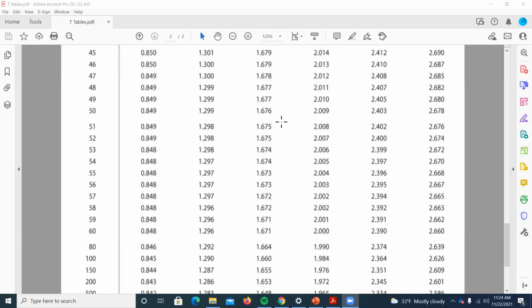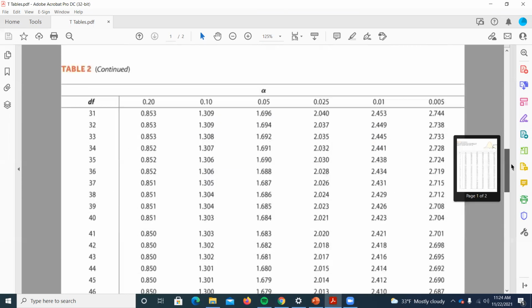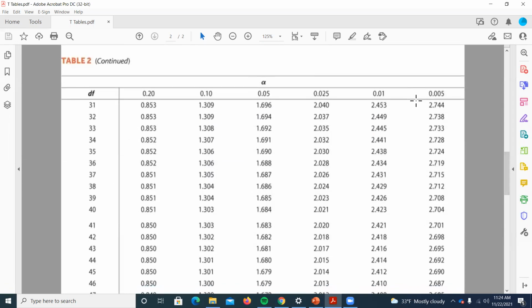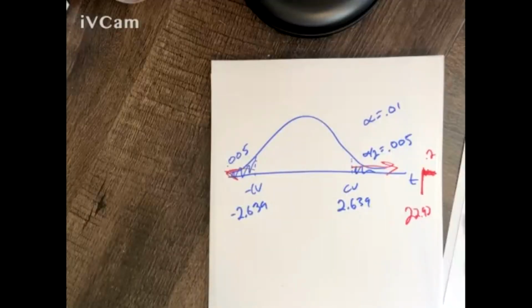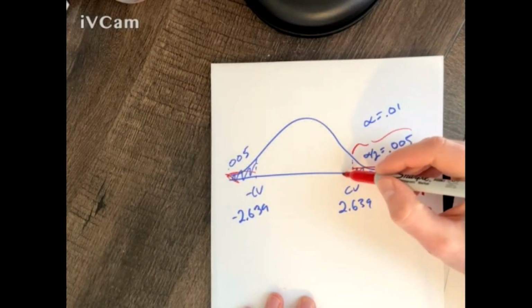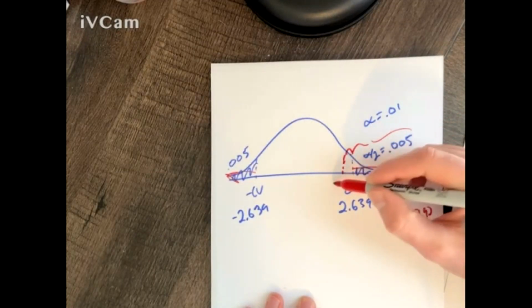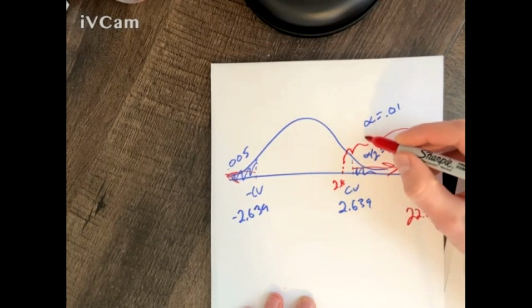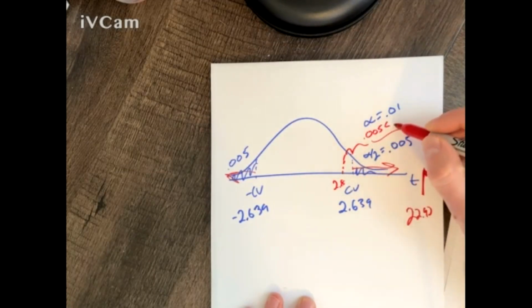I think some of the homework connections do have that. So for instance, if I had a test statistic of 2.5 here, I would know the area to the right of it would be somewhere in between 0.005 and 0.01. So if I had a test statistic of 2.5, I know that area would be somewhere in between 0.005